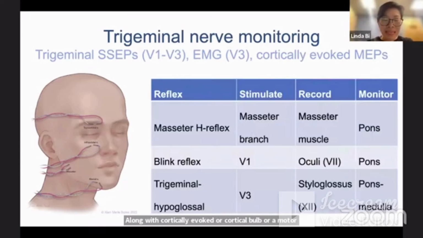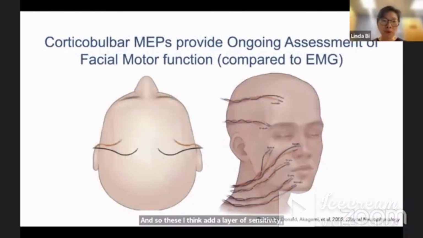And these days, increasing experience with a number of trigeminal-based reflexes adds to the armamentarium of assessing for specific branches of the trigeminal nerve, as well as their integrity with other brainstem counterparts. And so these, I think, add a layer of sensitivity, especially in more complex lesions of the cavernous sinus and beyond. Corticobulbar motor evoked potentials first gained, I think, reputation and increasing experience starting from about 20 years ago